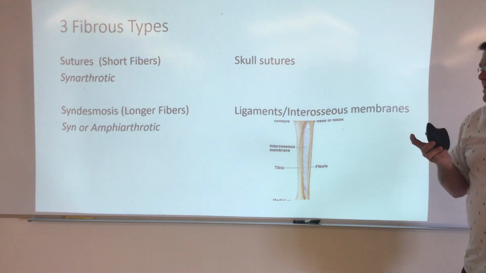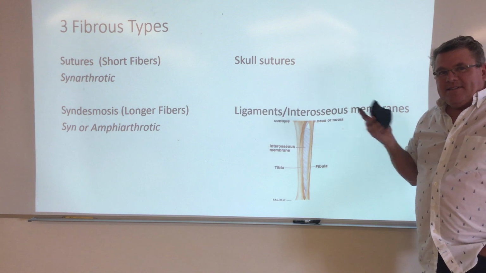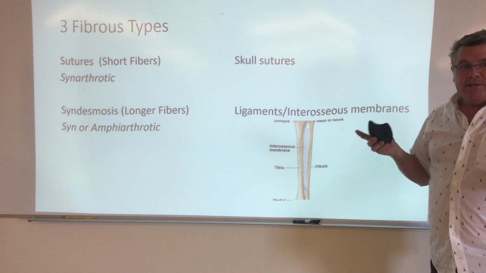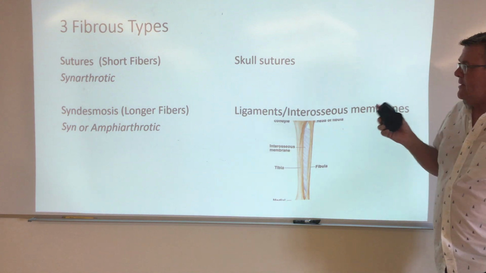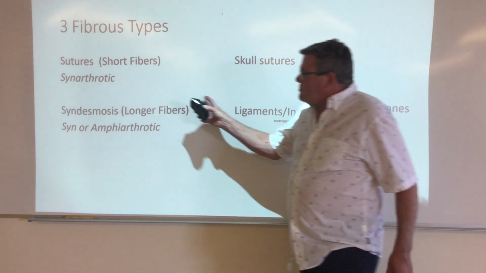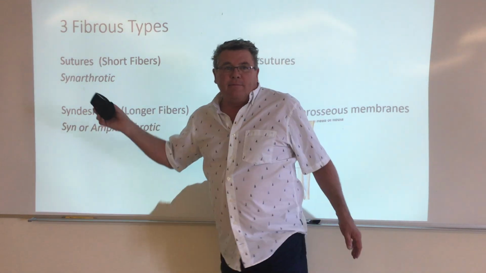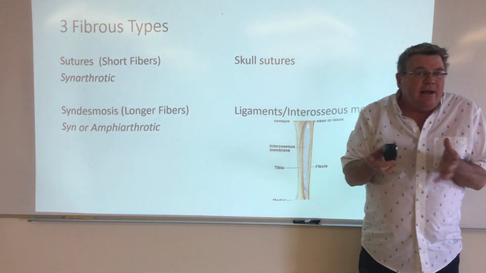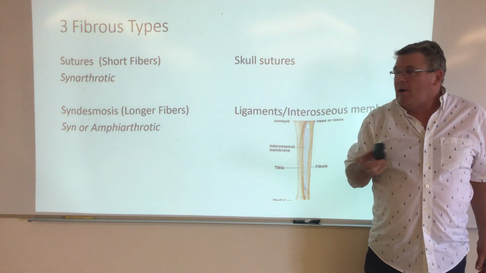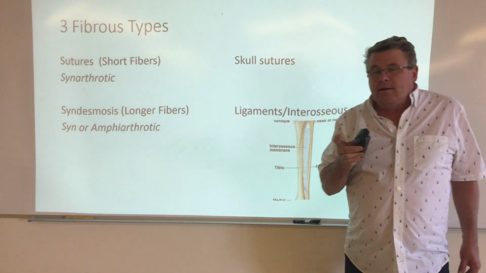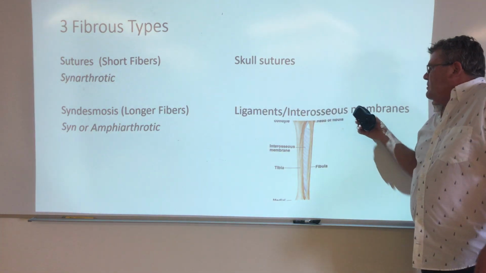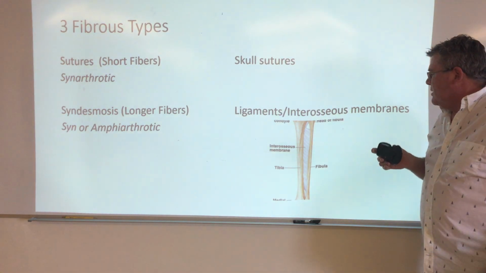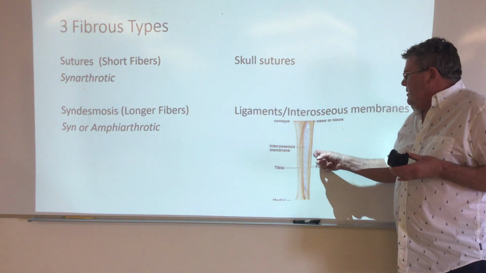Now, syndesmosis. The syndesmosis is synarthrotic or amphiarthrotic. See what I'm talking about with these terms? It gets, for me, a little tongue-tie-ish. We have longer collagen fibers between the two, which kind of would imply that maybe we do have a little bit more movement. Maybe we are becoming amphiarthrotic. Here's an example that I pulled. It's a real simple example. Between the tibia and the fibula,